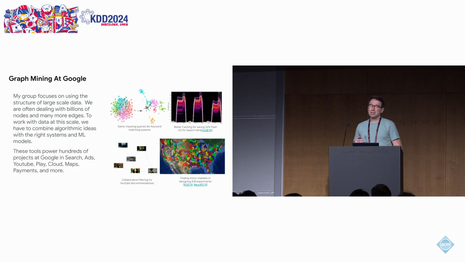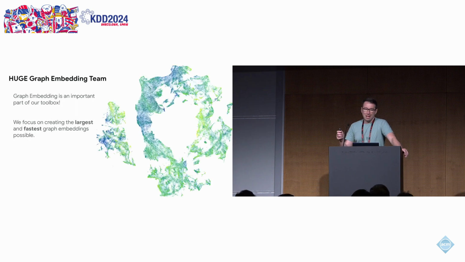So we're typically working with applications that have billions of nodes or more and many more edges. When we do work, we have an algorithmic idea, and we have some distributed systems and some machine learning, and that's the intersection that we live in. We have a lot of applications across all kinds of Google products, basically any product that you've heard of. In particular, we have a subgroup that works just on graph embeddings